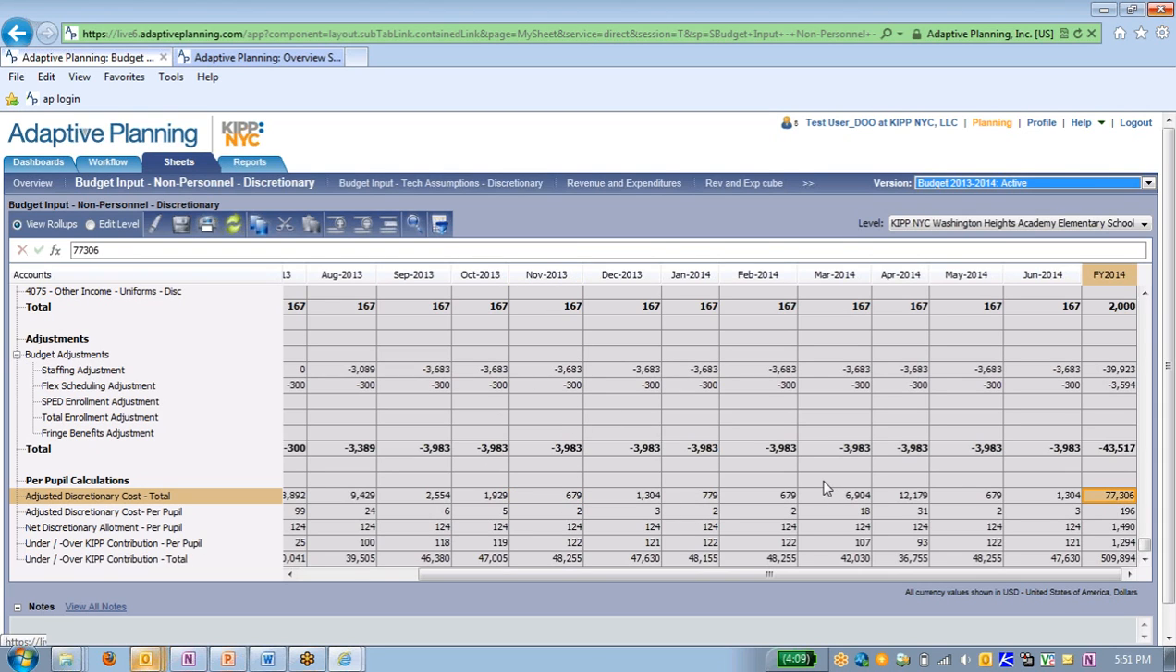So this is basically we're spending $77,000 total in discretionary costs. The next row is just that cost on a per pupil basis. The next row, net discretionary allotment, is your discretionary target. And again, if you have an expansion allotment or any other adjustments, those will already be embedded into here. So this is the number that you are shooting for. And then the last two are comparisons to that number on a per pupil basis and then on a